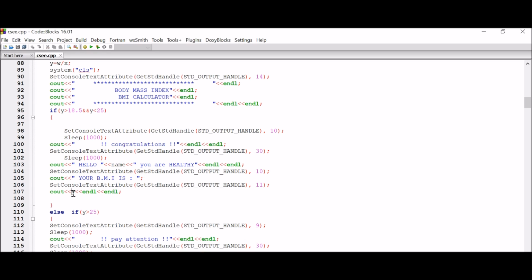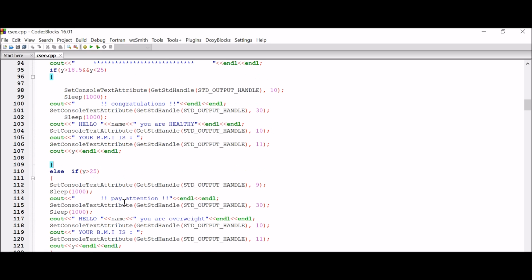Now this sleep function is used to make this text appear after a pause. Here 1000 means 1000 milliseconds, so after execution this text will appear after 1000 milliseconds. Similarly, I have used sleep here, so this will appear after 1000 milliseconds. Sleep functions are nothing but a way to make the project look cool, but you can also exclude them; there will be no effect. Similarly, if y is greater than 25,